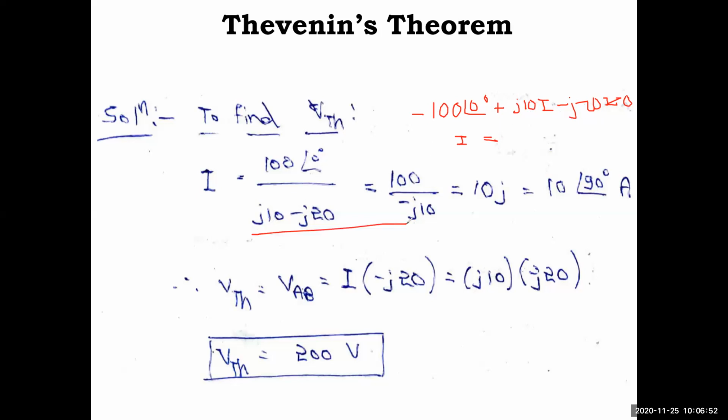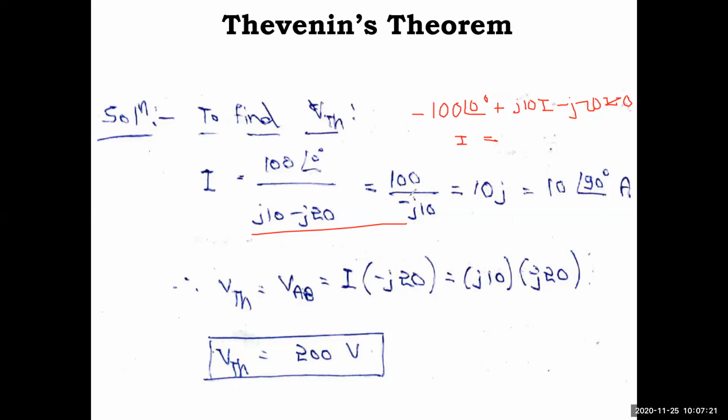See here directly I have written this. Okay, so this is the first step. Almost you are familiar with this, so that's why I have taken this step. If you are not clear, note down this step which is here. Hope it is clear. So now use the calculator. You will get 100, and this is straight away oral calculation: 100 at an angle 0 degree means normally you will have 100 plus 0j, so 100 you will write. J10 minus J20 is minus 10j, so minus J10 is written.